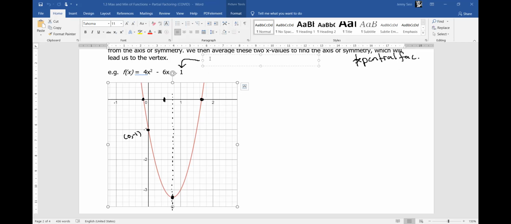That -1, if you remember your transformations, a -1 on the outside of the function simply shifts the function up or down. In other words, it affects the y value only. The -1 does not change the location of the axis of symmetry. Would you agree? Whether I shift this parabola up or down, does it change my dotted line? No. And so I'm going to temporarily